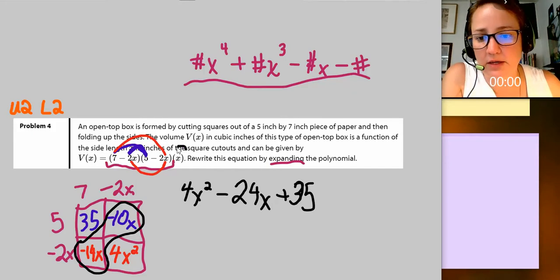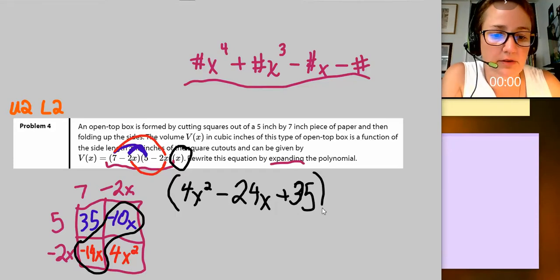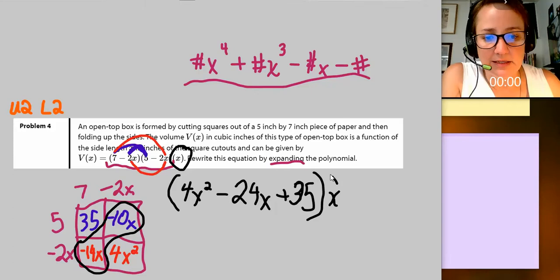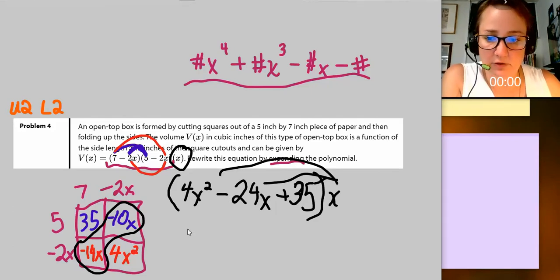Because don't forget, we had this other x that we needed to multiply by, a third term that we're going to multiply by. So we're going to take all of this result that we got from our first two terms multiplied together and multiply everything by x. So this means that this x is going to distribute to everything inside here. All that that does is changes the degree of each of these terms, raises the exponent by 1. So I would have 4x to the third